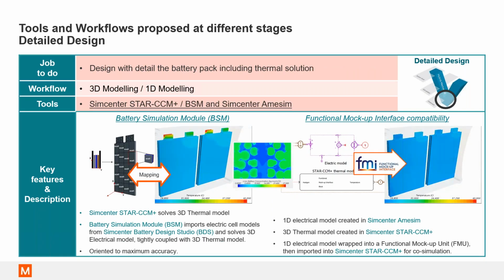So for pack level analysis, I would want to use my cell design, which is in detail, and do a pack level design where I can include all the ancillary material. So say the cooling pad, or how the tabs are connected, what would be the tab design, bus bars, and the effects of that. You could use a lump-based model, but the lump-based model would not capture these contours as such.